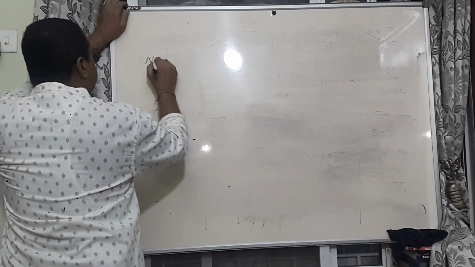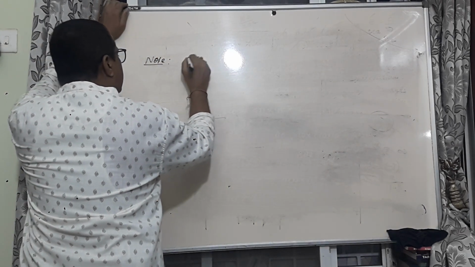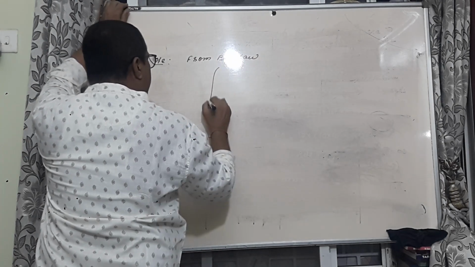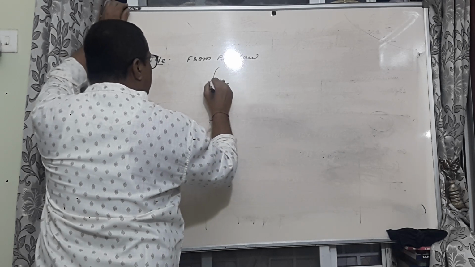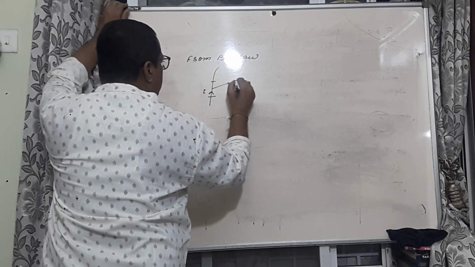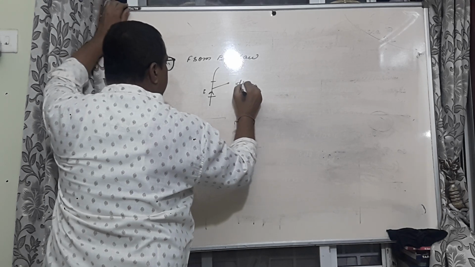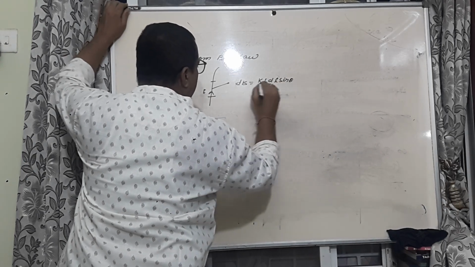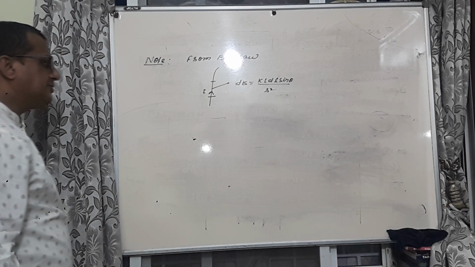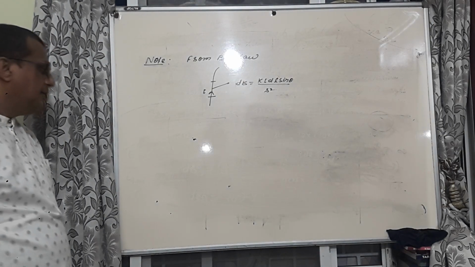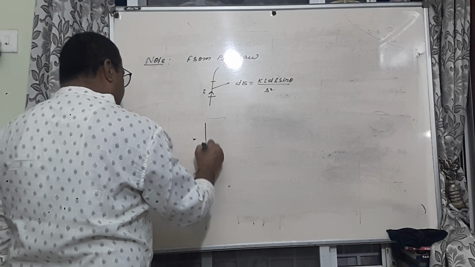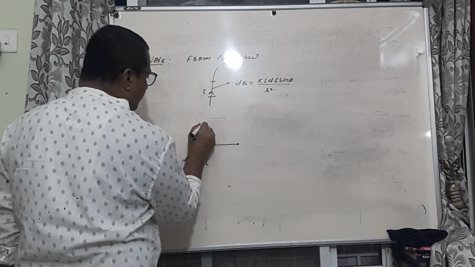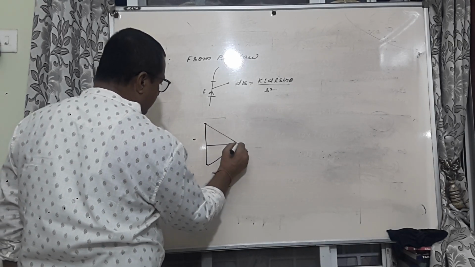Note, from the Biot-Savart law, this is the wire. Here we are asked to find the magnetic field. So the magnetic field dB will be equal to K I dl sin theta divided by R square. This was given by the Biot-Savart law. If the wire is straight and finite, and we have to find the magnetic field at this position, this distance is A.